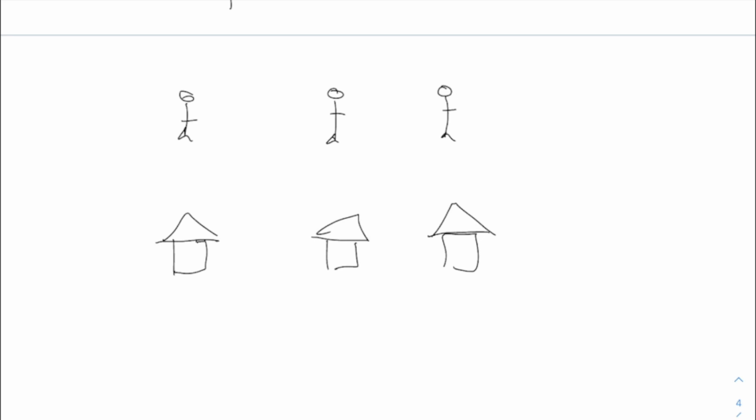There's a normal answer, and then there's a super sophisticated Cantor answer. The normal answer is there are 3 of each. That's the same. 3 people, 3 houses. How do you know that? Because I counted them. 1, 2, 3. 1, 2, 3. Does anyone have a different way of explaining why there are the same number? See, the obvious problem extending this to infinite sets is you can't count them all. If there's infinitely many people and infinitely many houses, you can't just say, I counted them up, infinity, and down here, infinity, so they're the same.